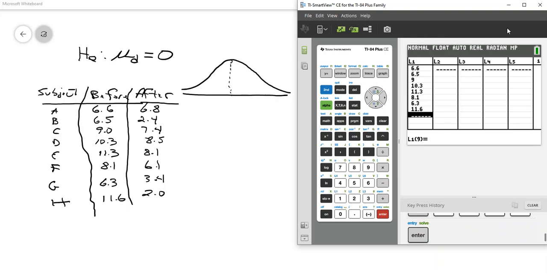Okay, so I'm just going to take a quick look again. We have 6.6, 6.5, 9.0, 10.3, 11.3. And it looks like I got that column in right. And we're going to put in the 6.8, 2.4,